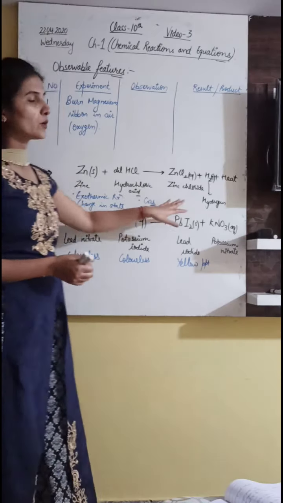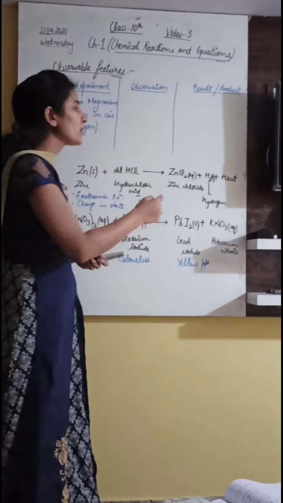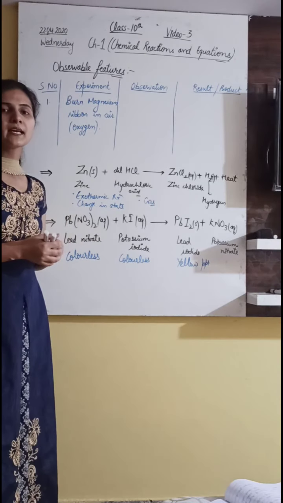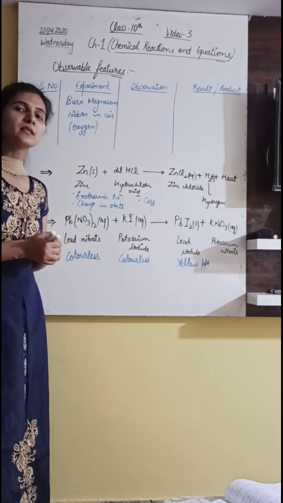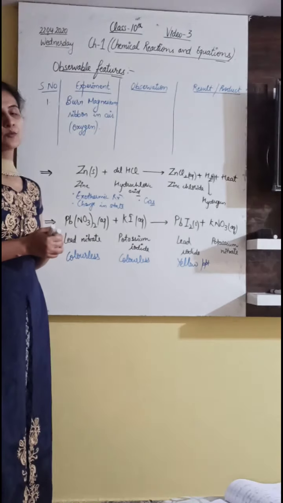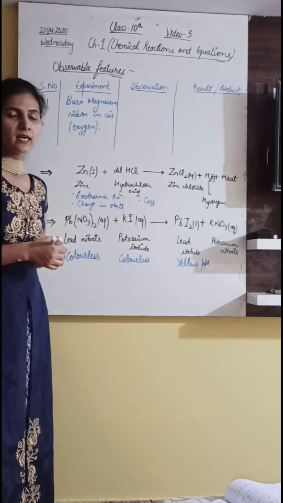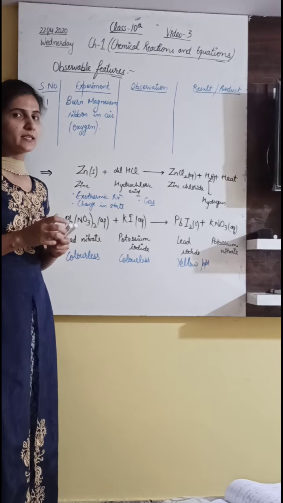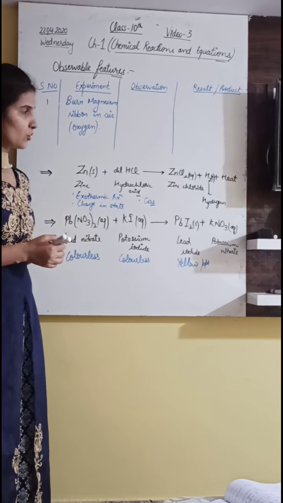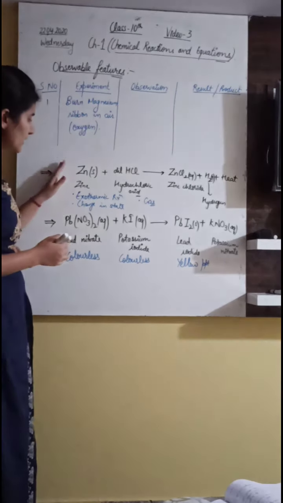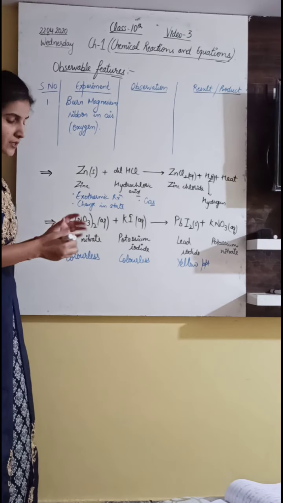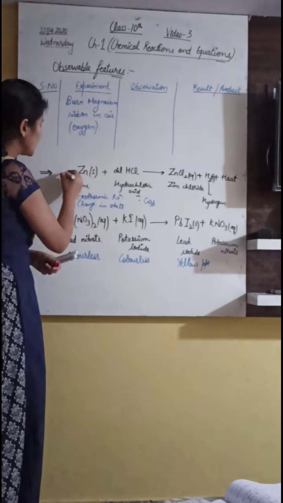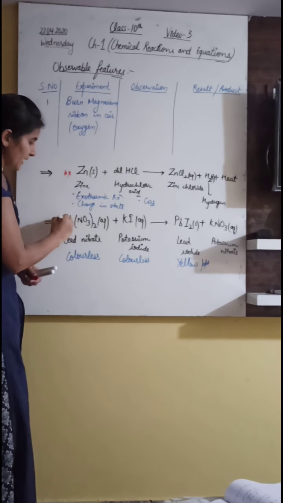Then we have done how we can detect the presence of this hydrogen gas. How can we detect it? If we bring a burning matchstick near the test tube in which hydrogen gas has evolved, then which kind of sound will be produced? It will produce a pop sound. I told you about that also in our previous lecture. These two equations are very important, as I told you in our previous lecture too, and that's why I am repeating these two reactions in detail again.